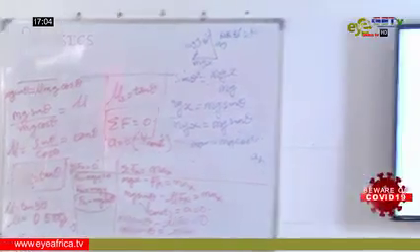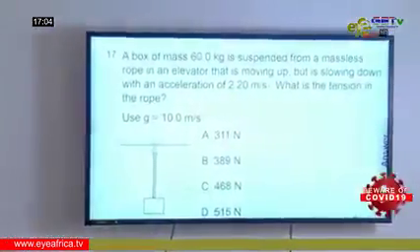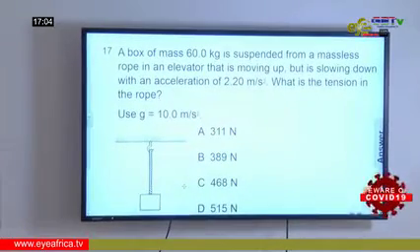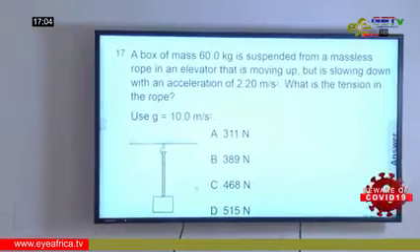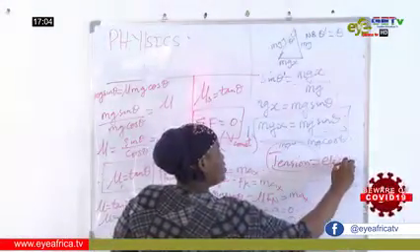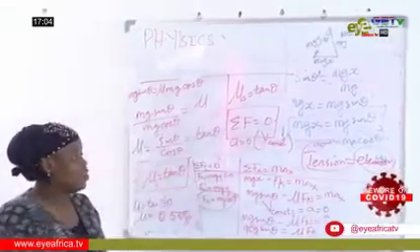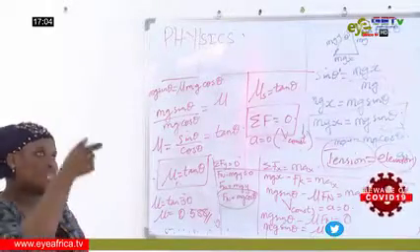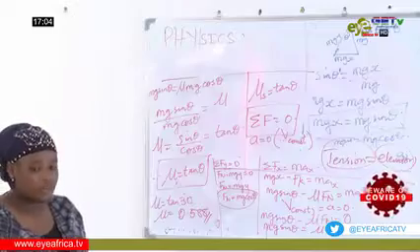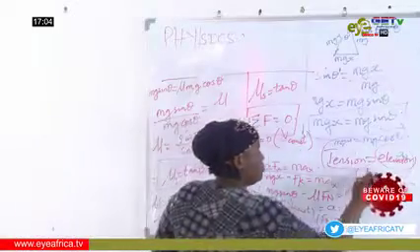All you need to know is that the force experienced by a rope, string, or any elastic material is what we call tension. The same force is experienced by elevators, or what we call a lift in our local language here. We call it lift, but the correct name is an elevator. The force experienced by passengers in an elevator is called tension, because the elevator operates under tension. That is why the force is called tensional force, abbreviated as capital T. These are the things that I just explained.